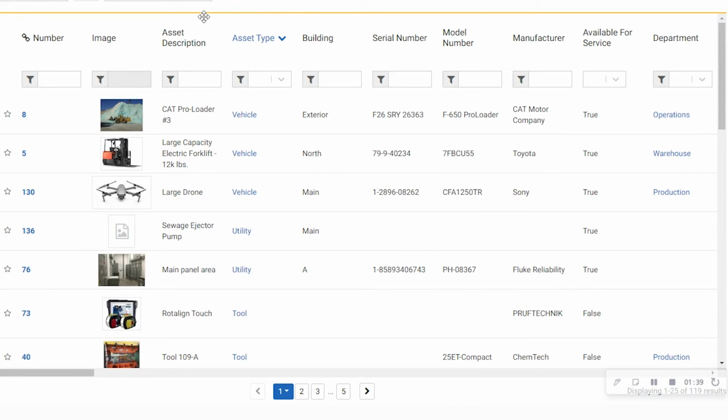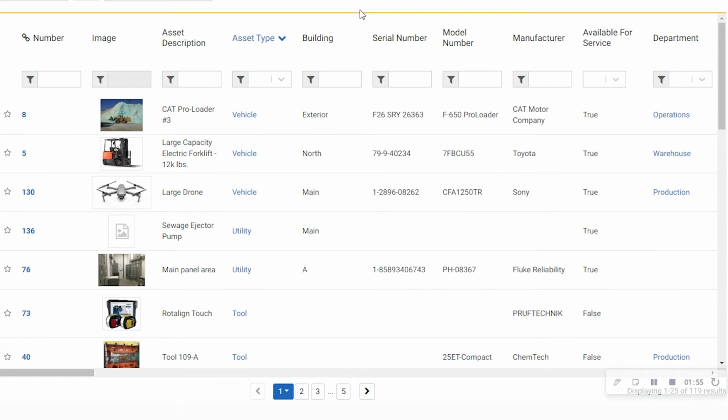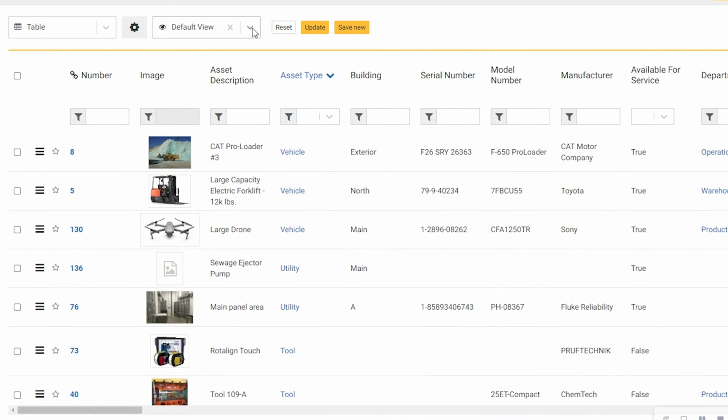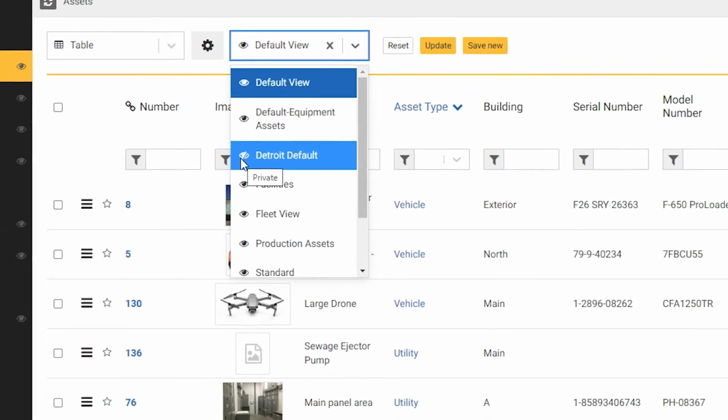In addition to being able to sort by those different columns, I can also apply different filters. These filters can become quite advanced and allow me to have a variety of different filters all at the same time across multiple columns within the eMate system. These different filters, these sorts, these different column views can all be saved as a default view. As you see here, I have quite a few of them. These can be shared views, meaning that everyone in the system who uses this particular module would be able to utilize them. Or they can be ones that only you need as your own user role dictates.